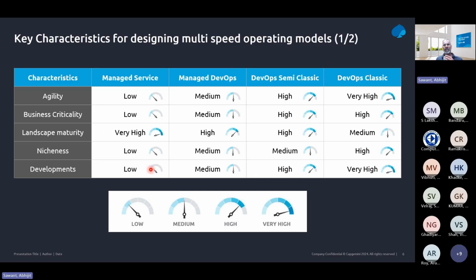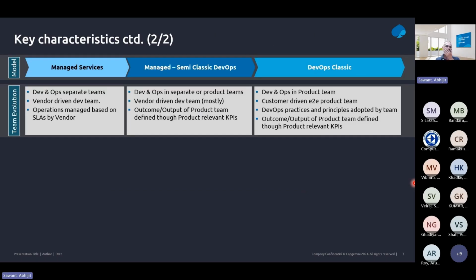Yeah. Again, development is similar to agility. They go hand in hand. And of course, there could be a couple more characteristics that you can add based on the portfolio that you're working with the customer. But by and large, this is the logic. If it is going to be more agile, it will fit somewhere in DevOps semi-classic or DevOps classic. And if it is already matured, going towards end of life, less number of developments and so on, then it is going to sit somewhere between managed service and managed DevOps. Yeah. To continue the key characteristics,